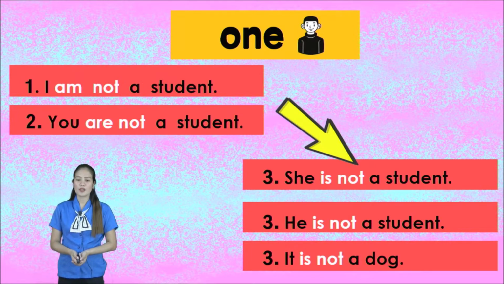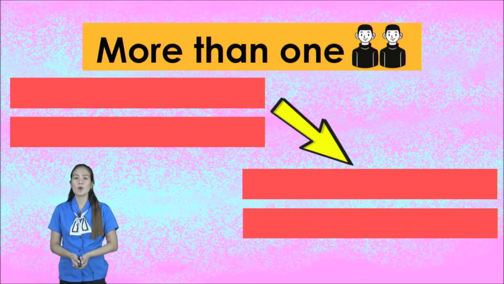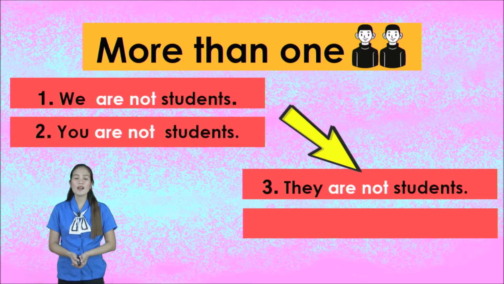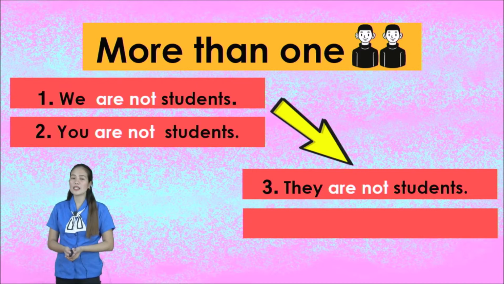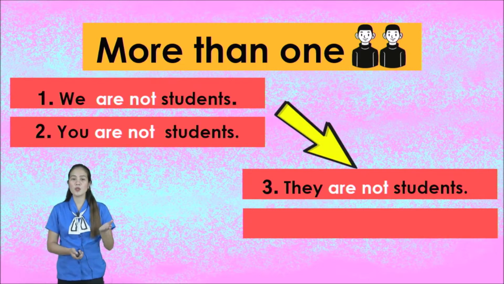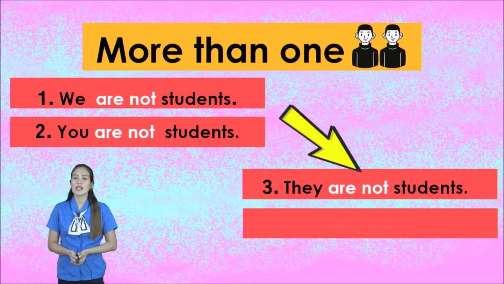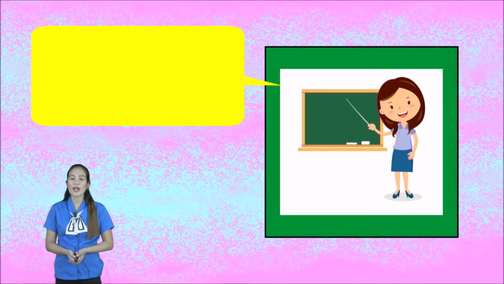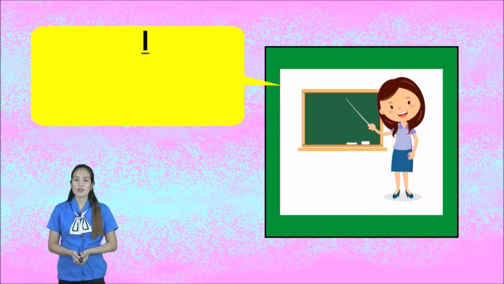Okay? When we talk about more than one, okay, we are not a student. We is the pronoun. Are is the be verb. Okay? You are not a student. They are not students. They are not dogs. Okay, kids, for example, as you can see in our screen,